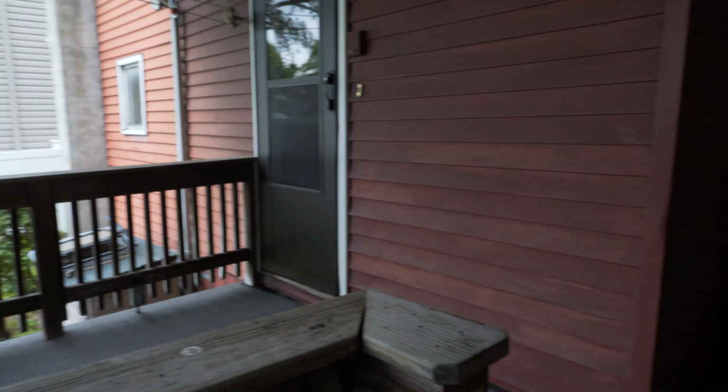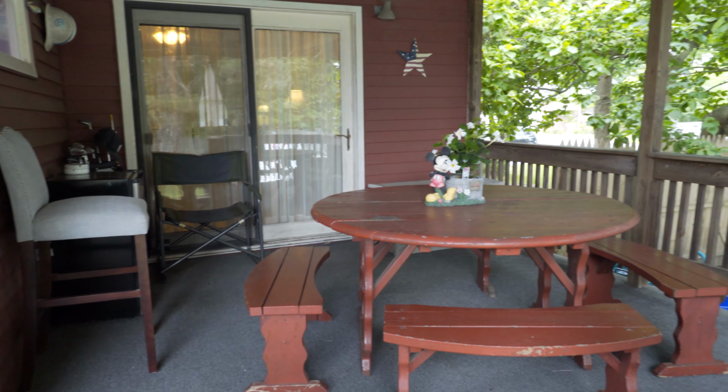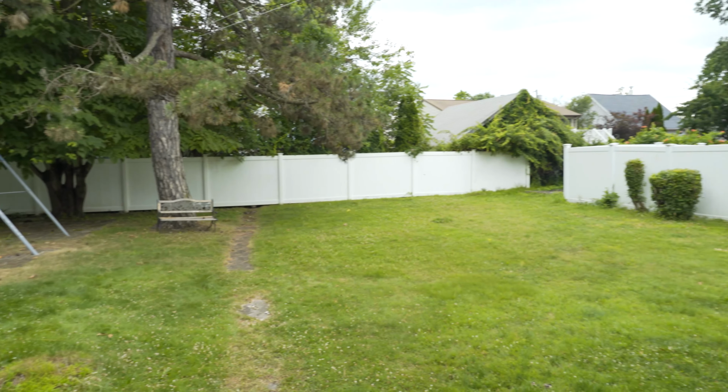So right now I am lounging in the backyard of this beautiful home. We are sitting on the back pergola, which is huge, and it's such a great entertaining space. You have an above ground pool here and a spacious fenced in yard, and it's perfect to enjoy the privacy